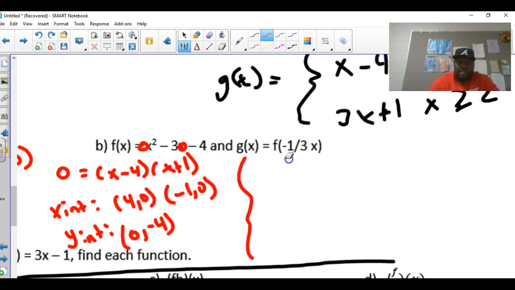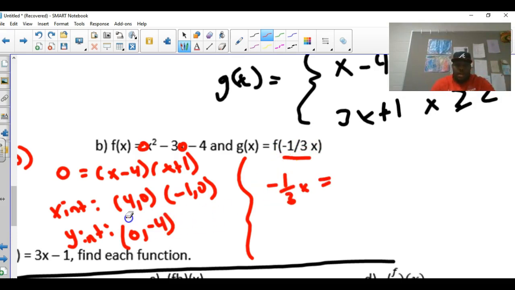Now for g of x, see how this is negative 1/3 times x. So I'm going to take these and multiply by 1/3. When we do that, here's what happens. Now, for this side, guys, you see how these are the x-intercepts? Understand this affects the x as negative 1/3 times x. That means it's actually going to stretch by 3, and I'm going to show you how. If I take negative 1/3 x